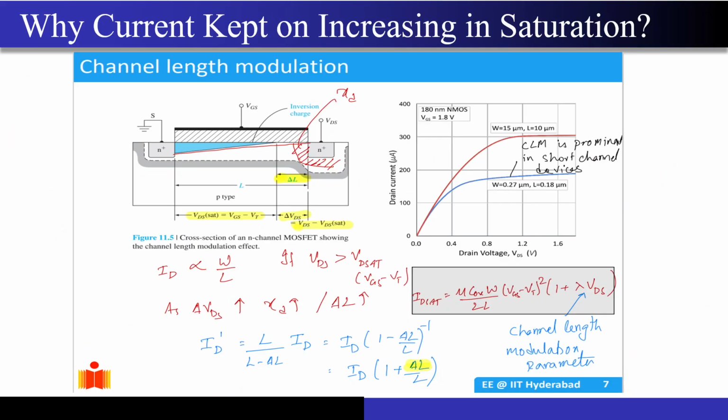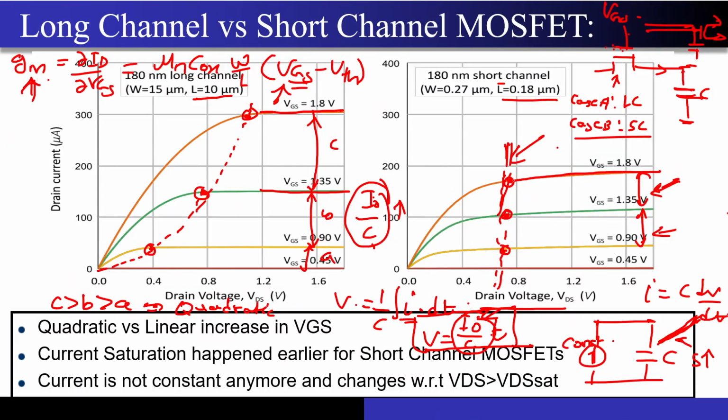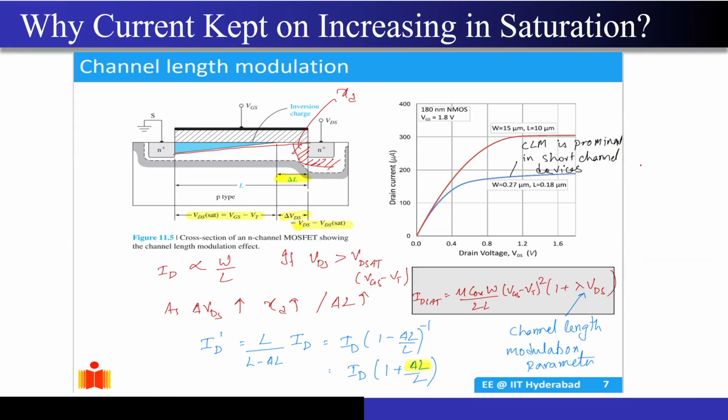So now this was one of the points. Now the next thing that I had asked you is, there is a slope in this graph. Why is this slope there? You must be very familiar with this, and we talked about this extensively in the last lecture as well. There is something called channel length modulation.